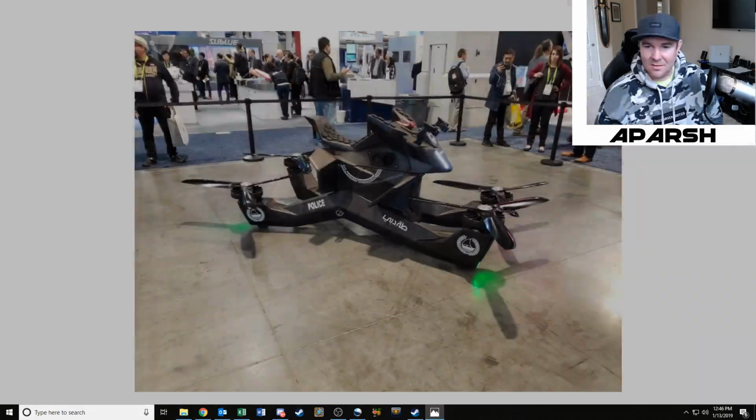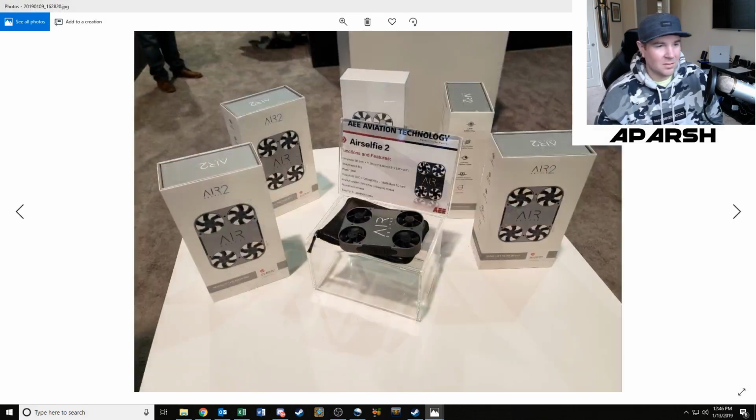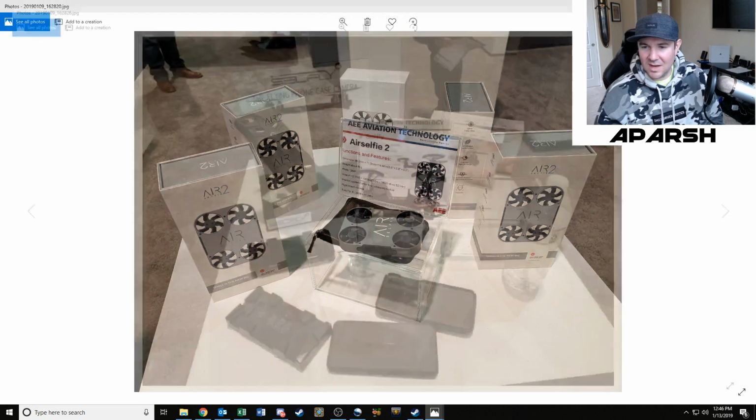Try that again. There we go. That was just another angle. Looks kind of cool, like a stealth fighter looking thing. I think this is all carbon fiber. Didn't say I think. I remember it was all carbon. It definitely was all carbon fiber. This is a drone that is extremely small, but even more cool is the next one that was next door